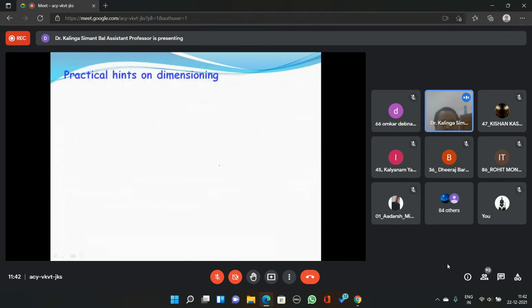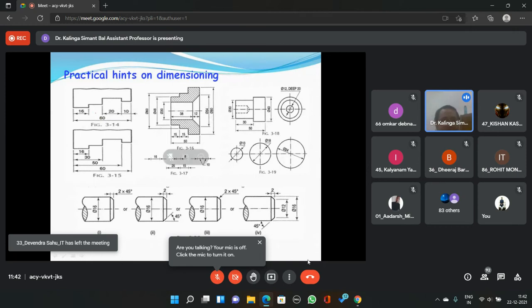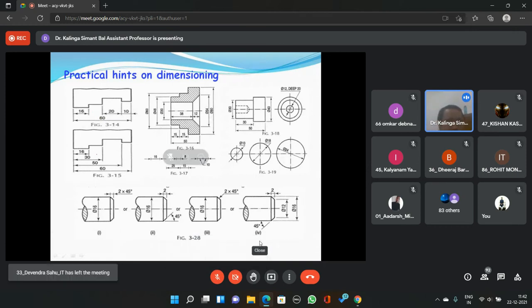Now these are some of the ways of dimensioning, how the dimensioning is done. The total is 60. If the total is 60 mm, all the dimensions are generally in mm. We have mentioned this is 16. Now this is 20, this is 10. We need not mention this one because we can easily find it out. Similarly, the representation of this one is another way of representation: 16, 30, 30, 50, 60. This is another way of representing.